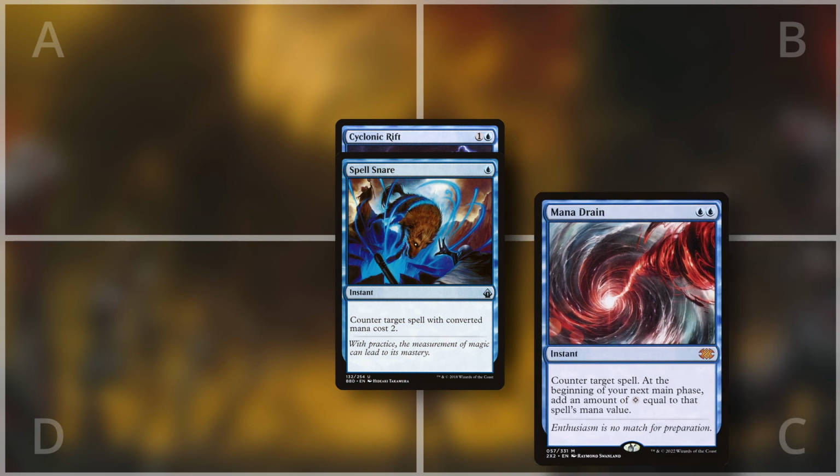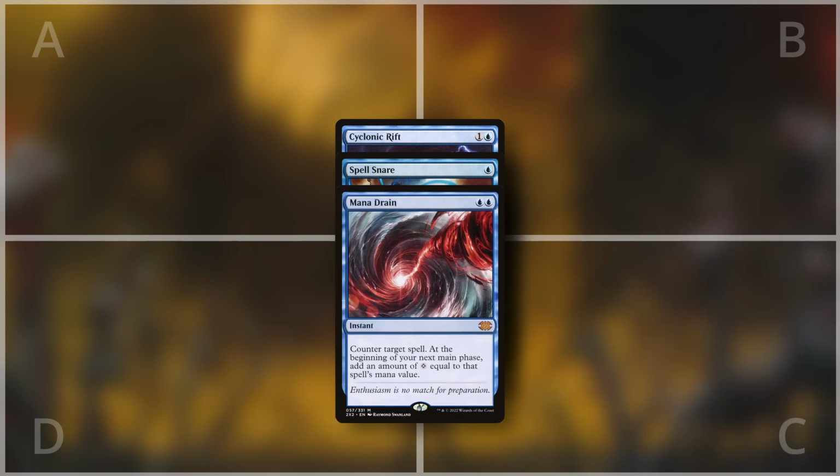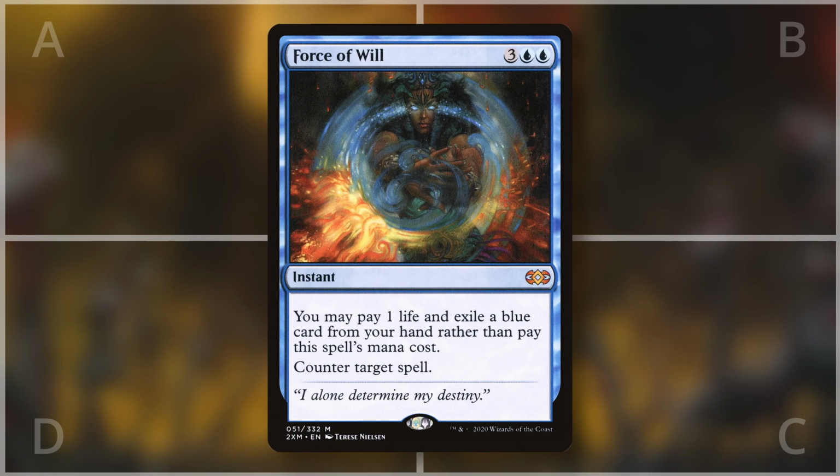Also, if player C reacts to Cyclonic Rift with Mana Drain and counters it, they will only get 2 colorless mana in their next main phase, not 7. This general rule applies for all alternate casting costs, such as Force of Will, which, even though you can cast it for free, still has a mana value of 5. It is important to note here that you can only ever use one alternate casting cost at a time to